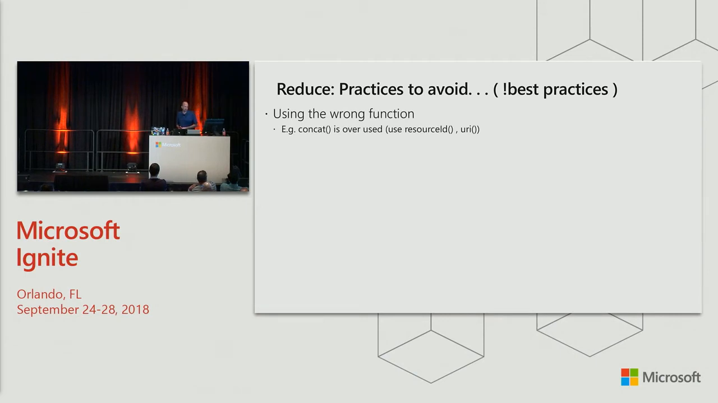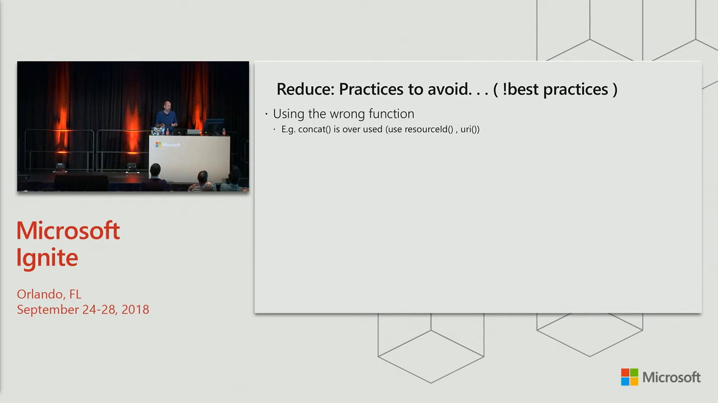Using the wrong function. I don't see this as much anymore, but I will say that concat is probably the most overused function within an ARM template because it can kind of do everything. It's I guess the Swiss Army knife of functions. But a lot of times you'll see concat used for a resource ID. It works fine for simple resource IDs, but it also requires you to understand the format of